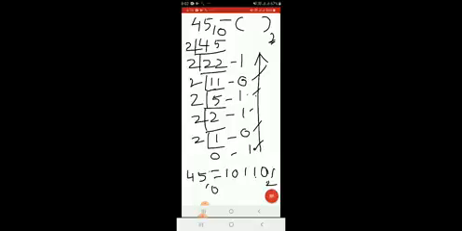First you divide the number, you will get the remainder and quotient. Collect the remainder and divide the quotient again according to the third step until the quotient becomes 0. You continue the process. When it becomes 0, stop the process and collect the remainders from last to first, that is bottom to top approach. So when we collect the remainders as they are, we will get 1 0 1 1 0 1. This is the binary equivalent of the given decimal number.